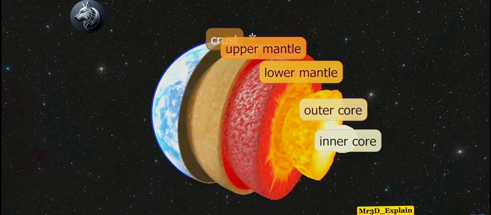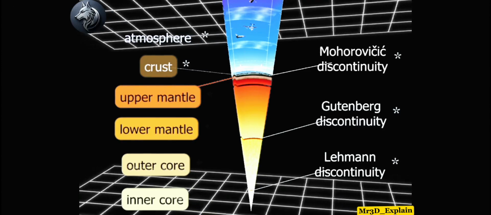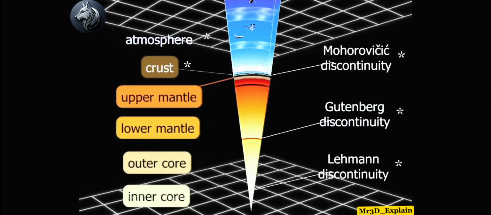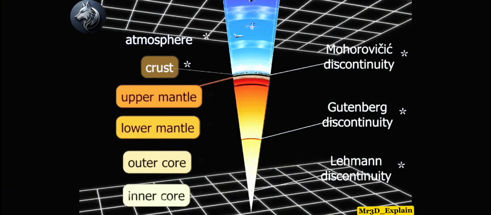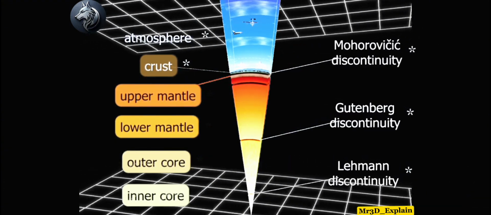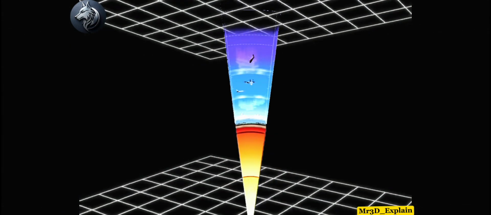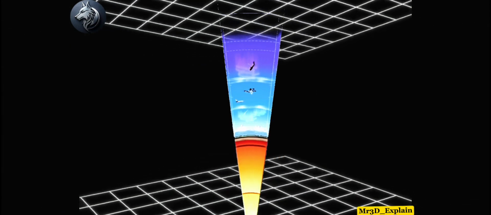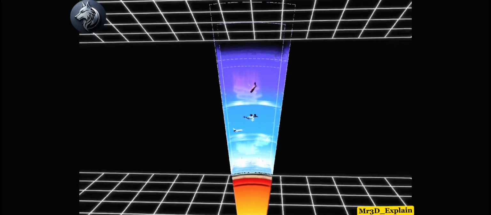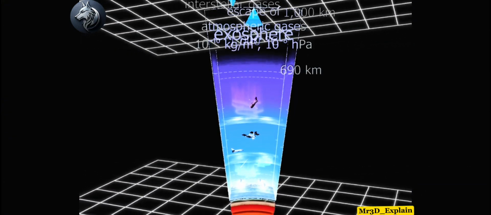Geospheres are grouped into outer and inner layers. The outer layers are the atmosphere, the biosphere, and the hydrosphere. The inner layers are the crust, the mantle, and the core. The atmosphere is the outermost layer. Composed of gases, it is the lightest of the layers. The atmosphere has no definite upper boundary. It fades into outer space at a height of some tens of thousands of kilometers.